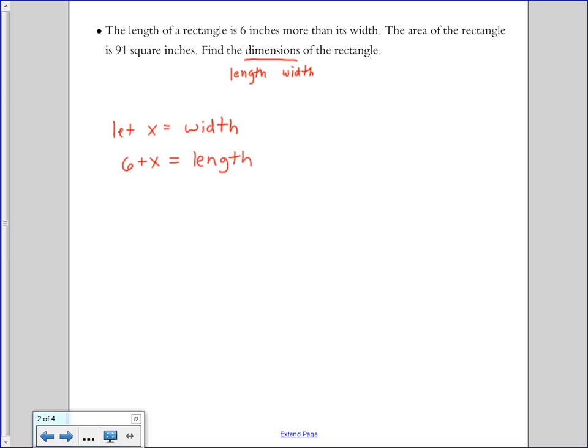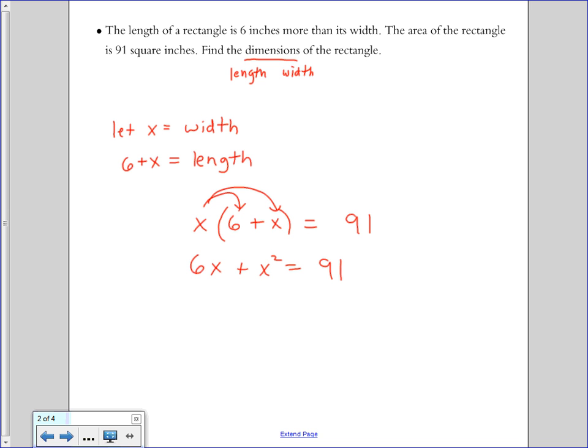The other information given to us is the area of the rectangle. We know area is length multiplied by width. So we can set up our equation using that information. The width multiplied by the length equals the area of the rectangle. And here we have a quadratic equation. How do I know it's quadratic? Well, when I distribute this x, I'm going to end up with an x squared somewhere in here. So distribute your x,